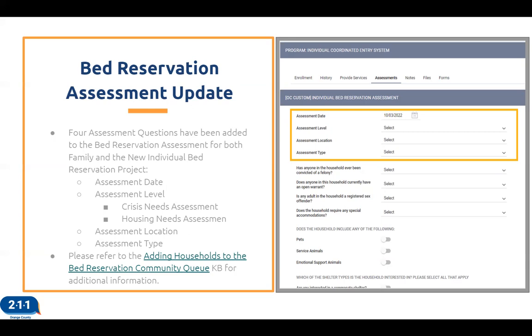And then also the assessment location and assessment type, which will be in person, virtual, or by phone. So if you do have any questions regarding adding households to bed reservations, please check out the KB article that has been linked on the slide.